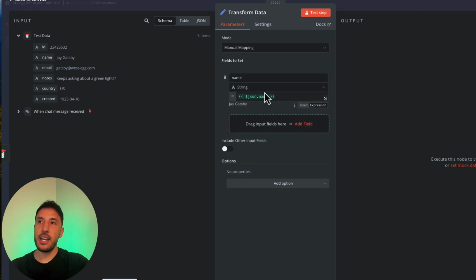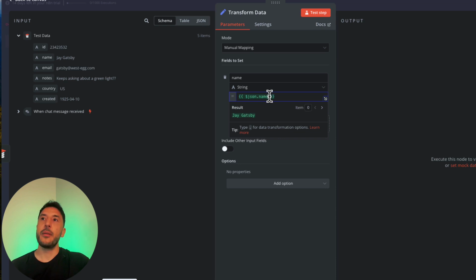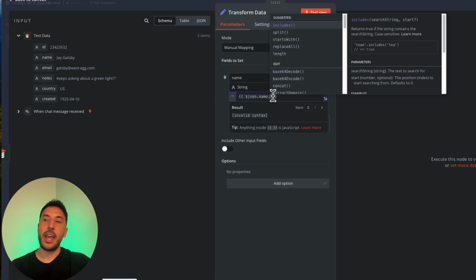As soon as I do that, as you can see, when I dropped it here, this shows me these curly brackets and then the $json.name. So this is what n8n refers to as an expression. So anything that's inside these curly brackets is JavaScript code, right? So you can always click inside it, and if you are familiar with code, you can do different things with it. But let's say I want to add an additional piece of code or an additional function, I can just add a dot, and then all of these different suggested functions are going to open up for me, where I can then manipulate this via code.